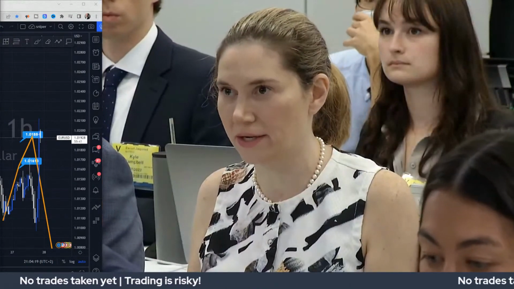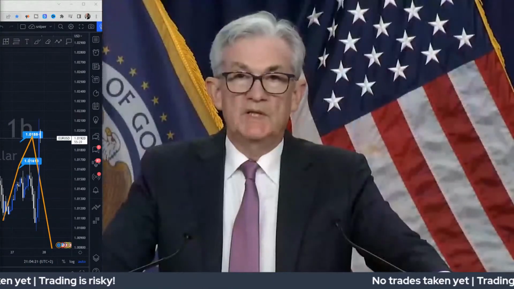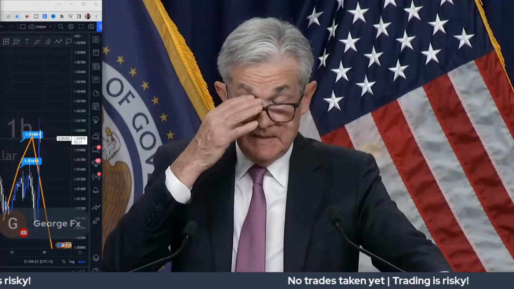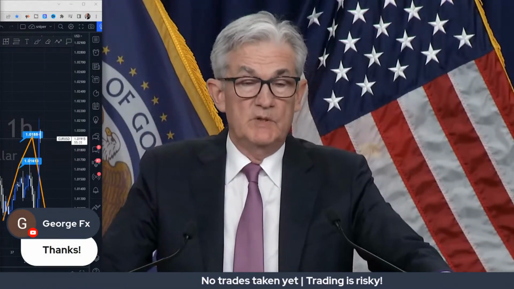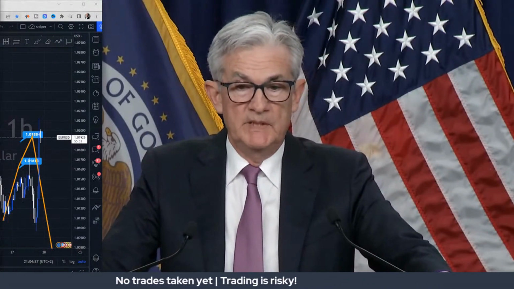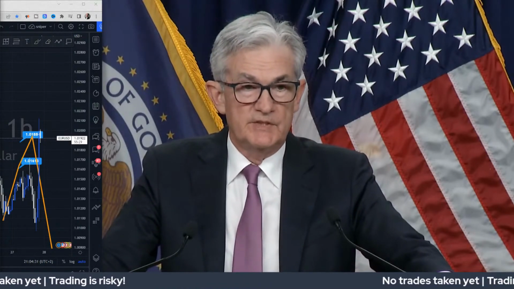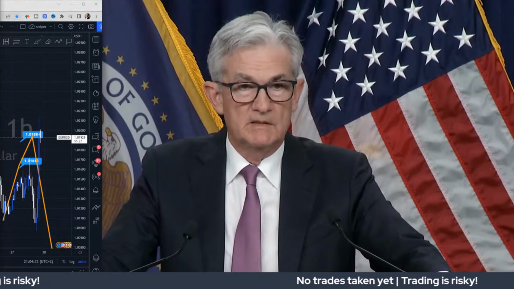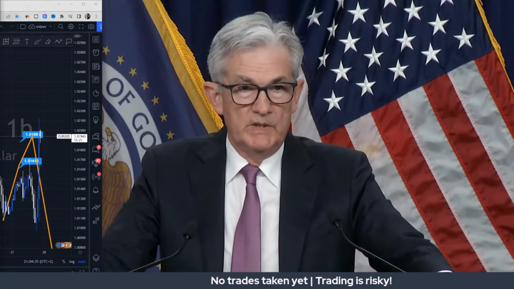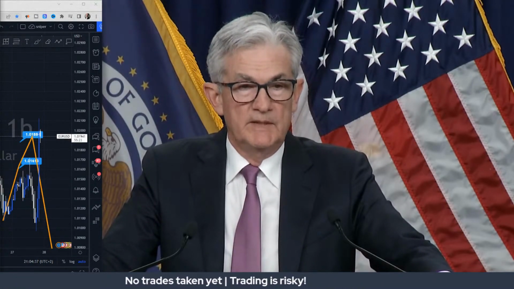Before you think about pausing rate cuts? So I think we're going to be looking at inflation as well. As I mentioned, we need to see inflation coming down. We need to be confident that inflation is going to get back down to mandate consistent levels. That's not something we can avoid doing. That really needs to happen.